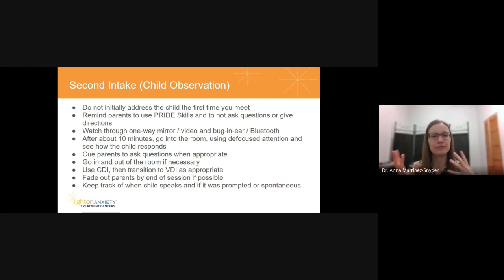So during this first time the child's there, the second intake, a lot of this is going to depend, I should say, as a caveat, on the level of mutism, the severity. Some kids will be totally fine talking to their parent in front of you. They might even say something to you, but they could still have selective mutism. And then we've got some kids that are not going to say a word. So the first goal that we're working towards is them speaking to their parent in the office without you in the room as a therapist. The way that we do that,